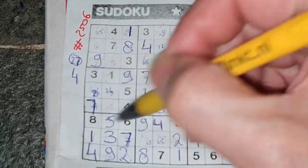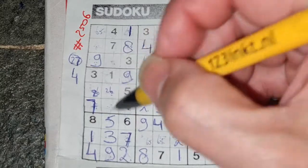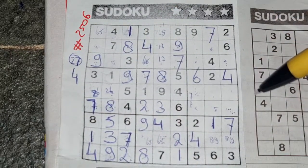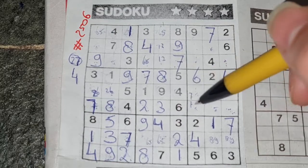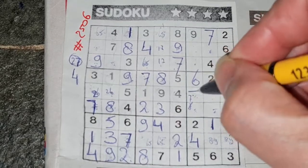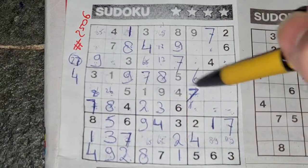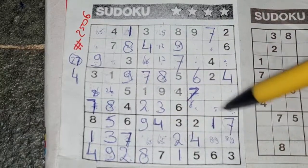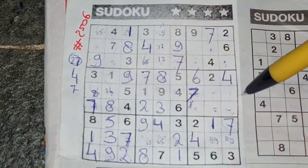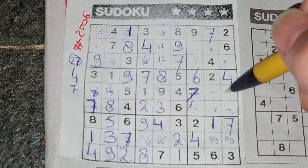Alright, so 1 box left in this big square for the number 8. 8 is missing. Alright. 8, 8, 8. So this box cannot be a 7 anymore because we have a 7 here. So 1 box left for the 7 should be here. And all the 7s are used. I can see digit number 2, number 7. Alright. 2 numbers left in the middle row for the numbers 8 and